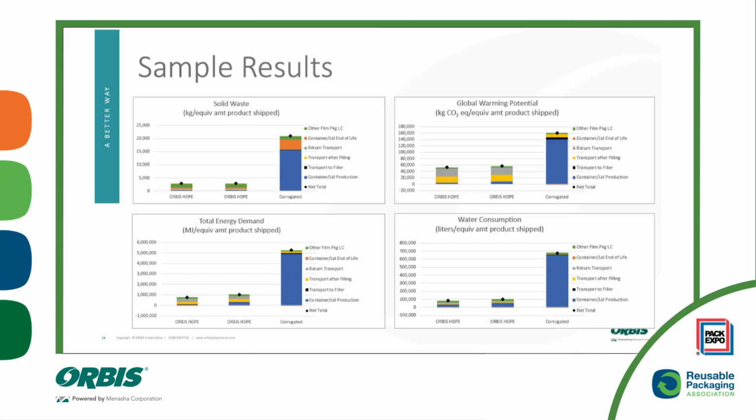So then this gets us into the overall results. These are just some high-level sample results that we have. But once you put in all the information in the questionnaire, it kicks out these results. So it focuses on solid waste, global warming potential, so that's your carbon emissions, total energy demand, and then water consumption. I don't have it on this screen, but we also do other greenhouse gas emissions as well,